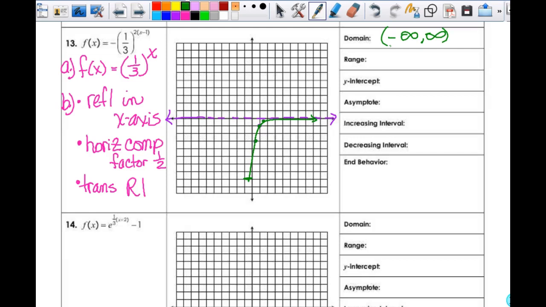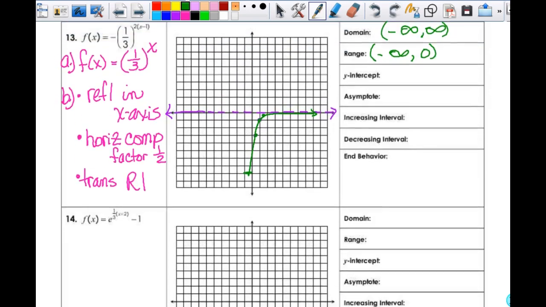All right, so then what is my range? Where does it start? Negative infinity. Good. Negative infinity to 0, and I don't include either one of them. Don't put 0 to negative infinity because that makes no sense. You always start with the least. Y-intercept, do you know exactly what that is? No, we don't. So we've got to go figure that out, right? So it's going to give me f of 0